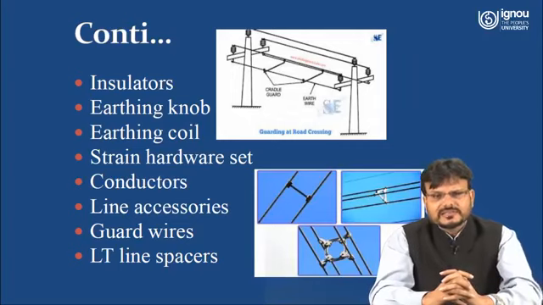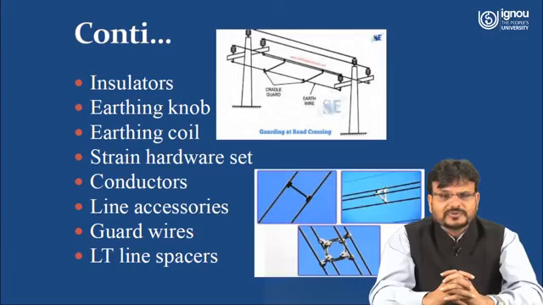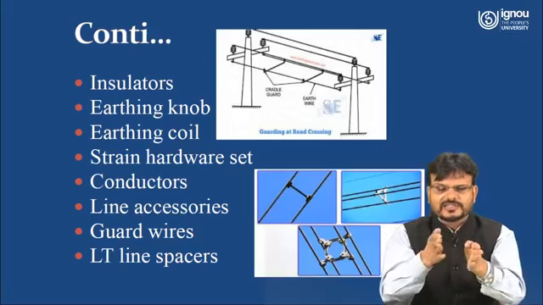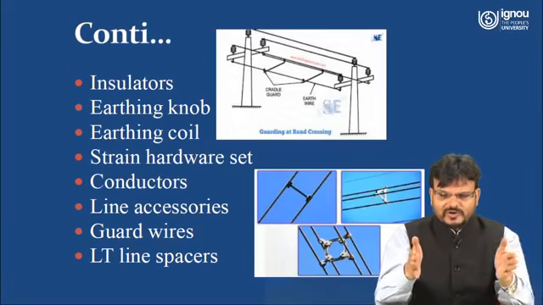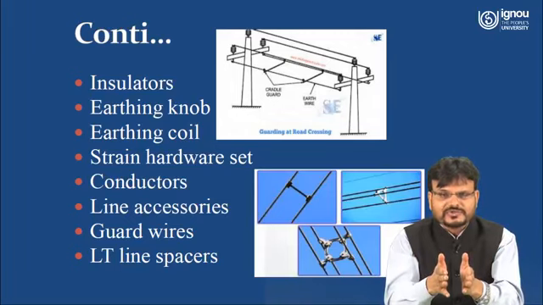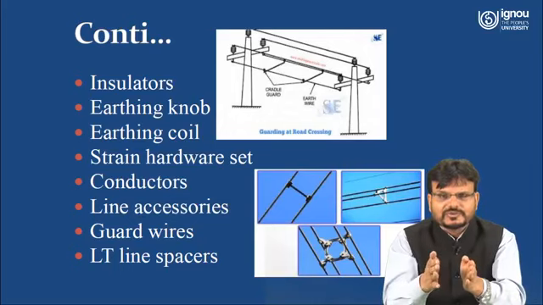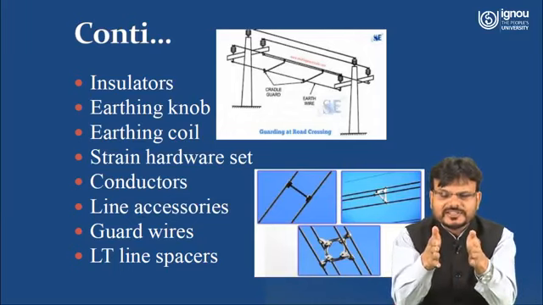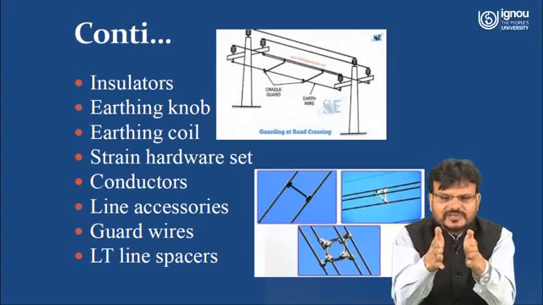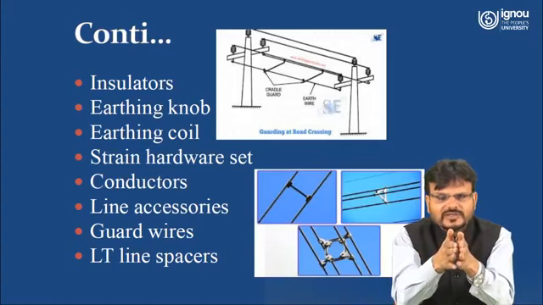Then another device that you require to design the distribution line is called the LT line spacer. The spacer, as the name indicates, is needed because there are 3 wires. Suppose you are transmitting 400 kV, and this is 1 wire, another is this wire, and this is the third wire. If all these wires come into mutual contact, what will happen? There will be chances of leakage current between two conductors. Or suppose this wire is very close, and due to the wind this wire may come into contact, so there will be a fault.